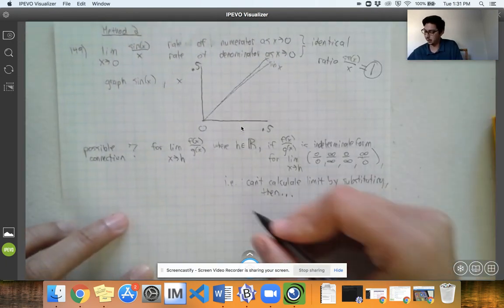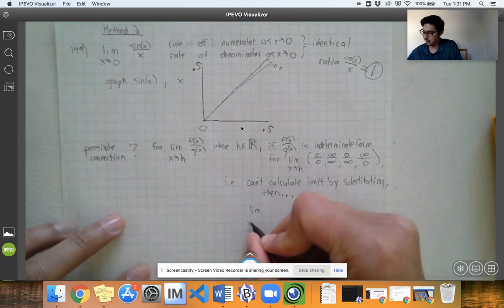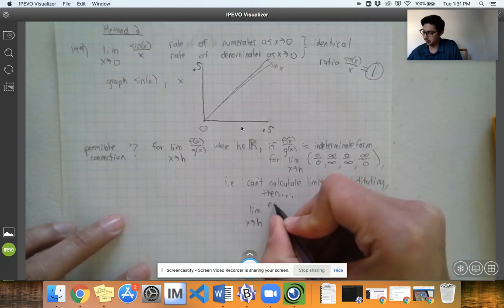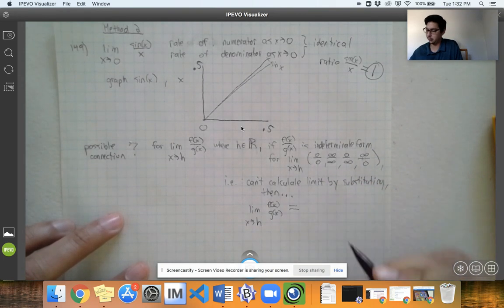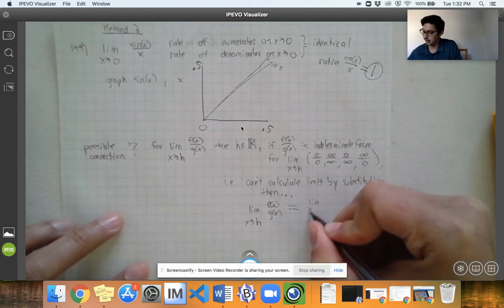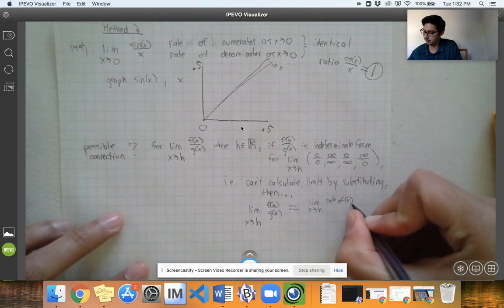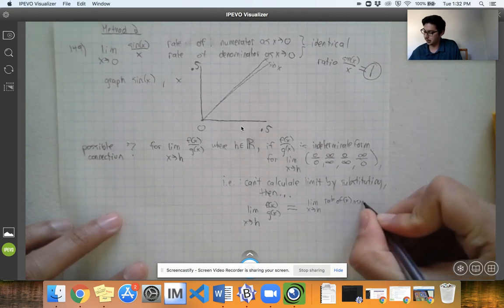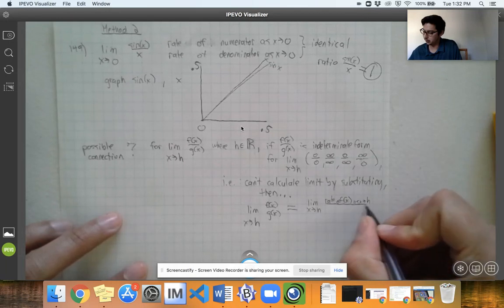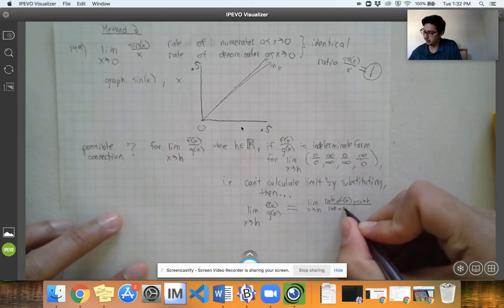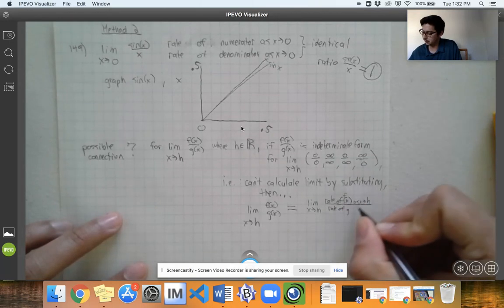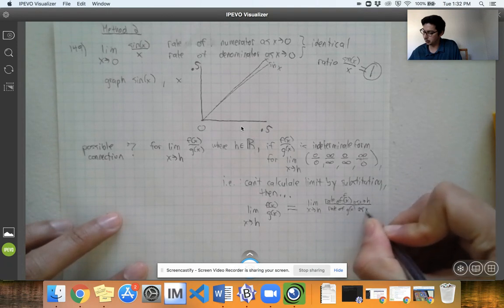Well, what we're thinking then is that the limit as x approaches h of f of x over g of x can be found by doing the limit as x approaches h of the rate of f of x as x approaches h over the rate of g of x as x approaches h,